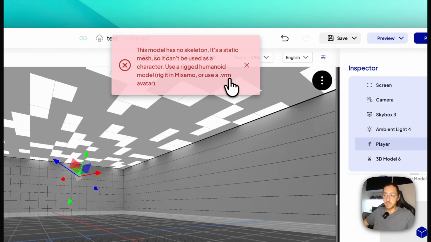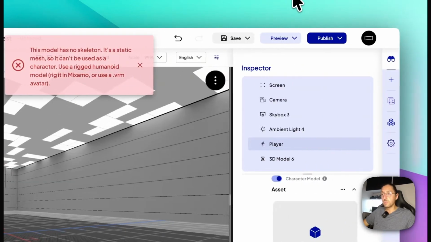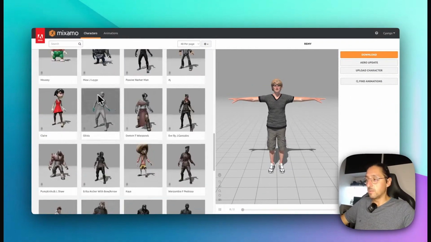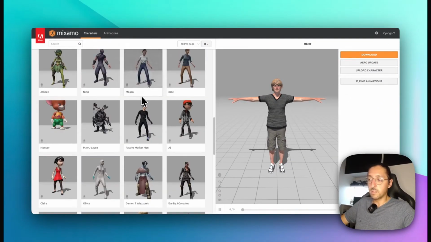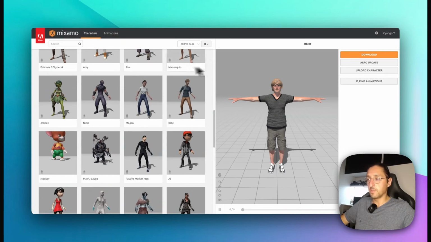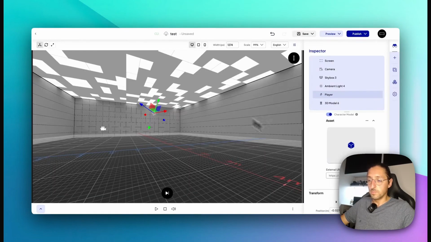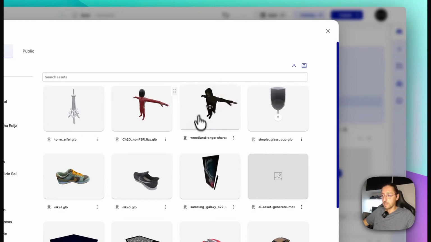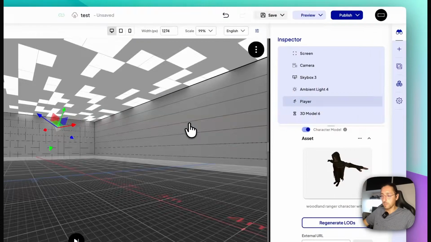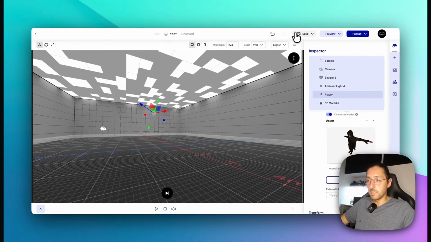So this is a bit more advanced workflow, and you can go to, for example, Mixamo, and you can download pre-made characters already, or you can upload your own, and you can rig them. After rigging them in Blender or here or whatever tool you use, you can then upload it to Cyango, and you can select that as a character. So for example, this one is already prepared for that, so I'll select this one,